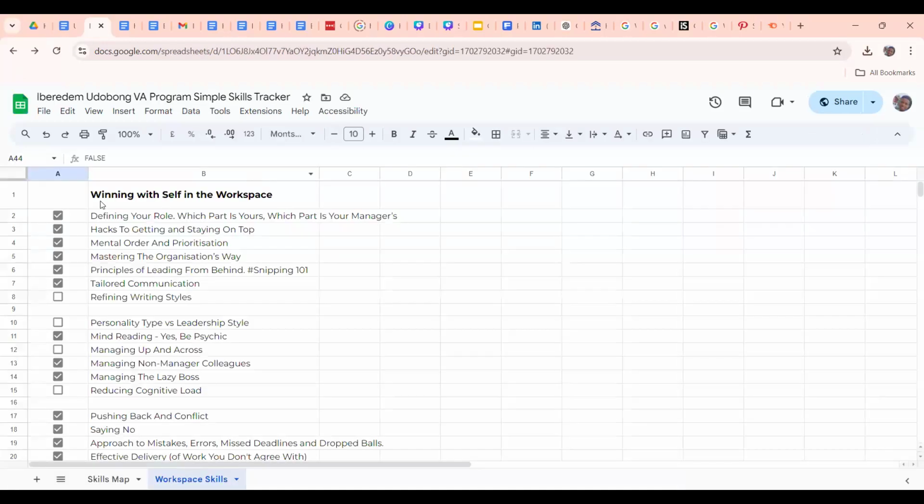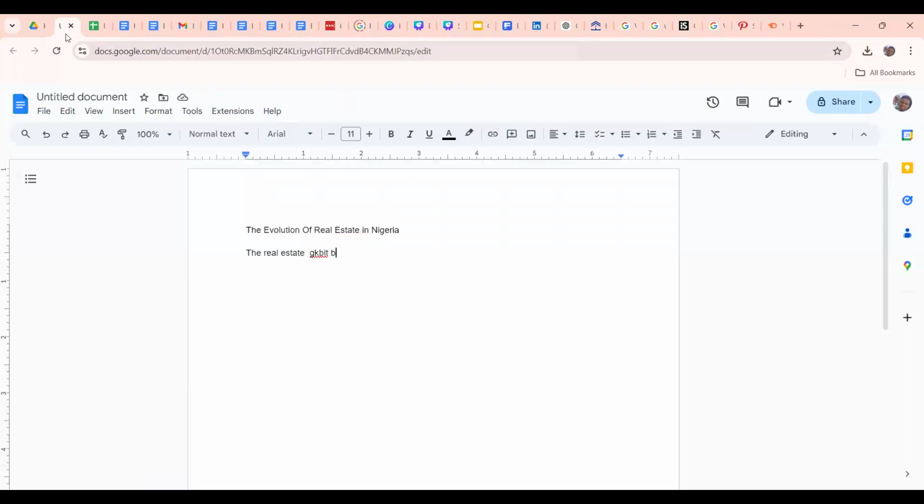Where's one of the keywords I have? I'm going to pick one. Real estate logo, real estate business. I can pick this keyword, real estate business. I can now stuff it somewhere. This is like me writing it and putting it in the body of my article. Let's start with this: the real estate business